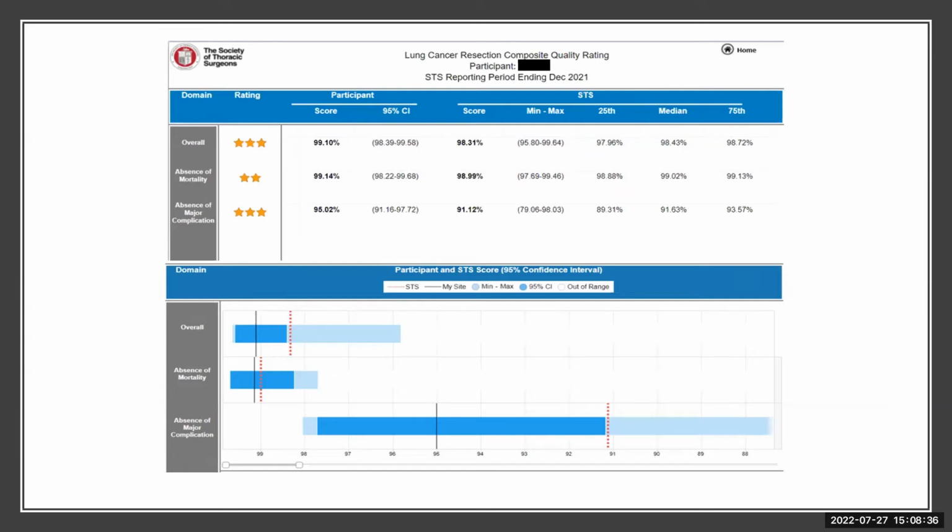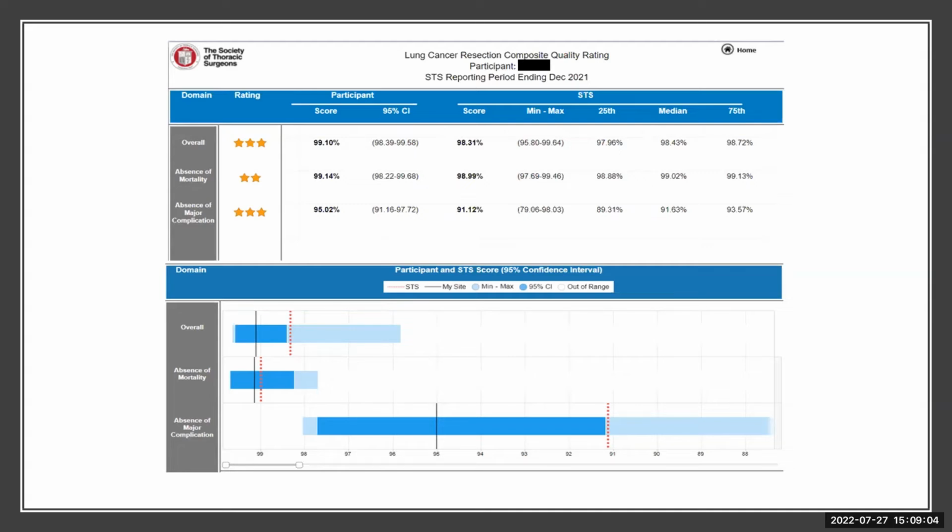So okay, here we have a participant with two 3-star ratings, one for the overall and one for absence of major complication. And I will note here that just because you get a 3-star in the combined, the overall domain, it doesn't necessarily mean that you got 3 stars in absence of mortality and absence of major complication. It doesn't work like that. So anyways,